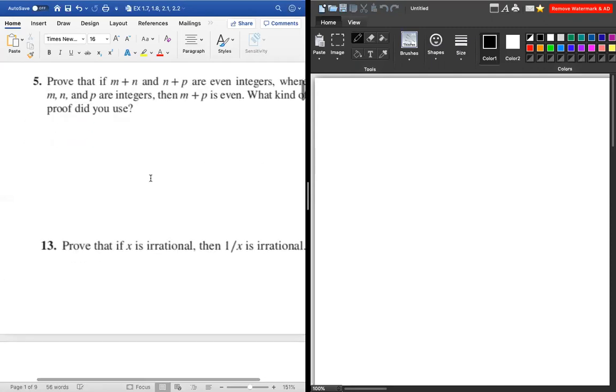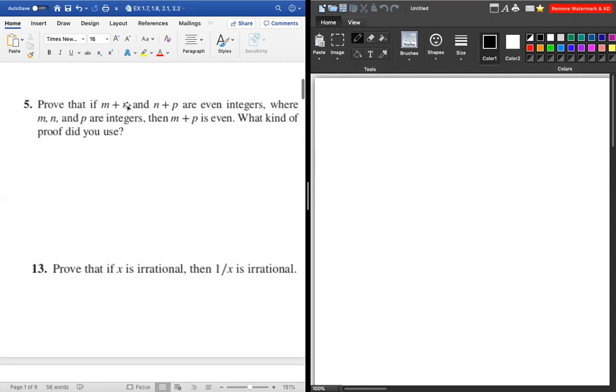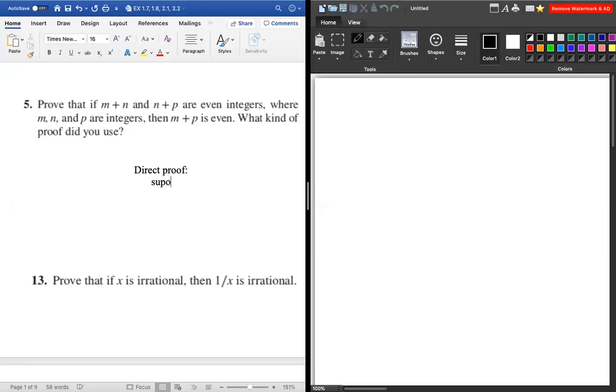This is question 5. We have to prove that if m plus n and n plus p are even integers, where these are integers, then m plus p is even. What kind of proof did you use? Okay, so we can basically use a direct proof here. And how can we do that? It's really straightforward. So we suppose